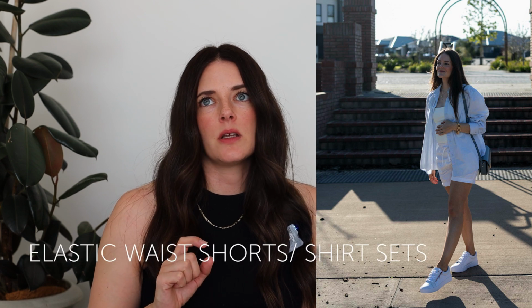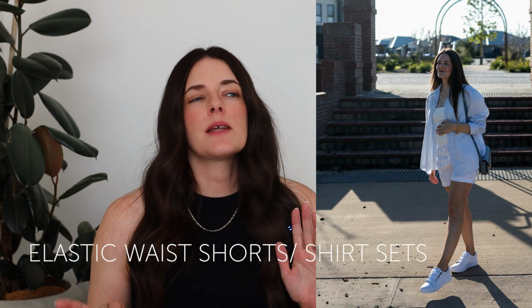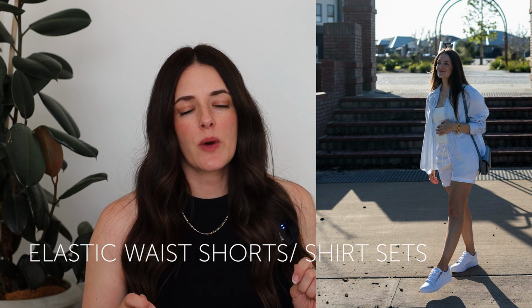So that was all I ended up getting from Soon Maternity, but they were beautiful, and I was very, very happy to have a pair this time around and have jeans as an option in my arsenal, in my capsule pregnancy wardrobe. Similarly to the stretchy waist pants, coming into summer, I've worn stretchy waist shorts quite a lot